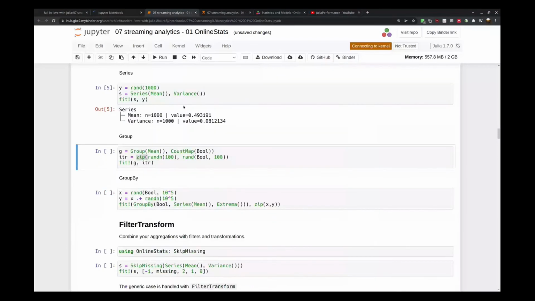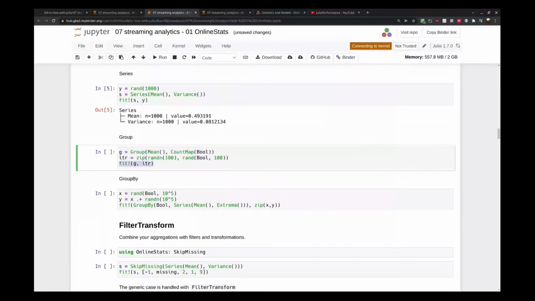Let's see. Okay, so this is the group part, and there's a special group. So again, this is the one key message today: there's this fit function, and it does almost everything. So you again can fit this grouped aggregator on the data, and it will propagate the fit to all its subparts. There's a special group by, which